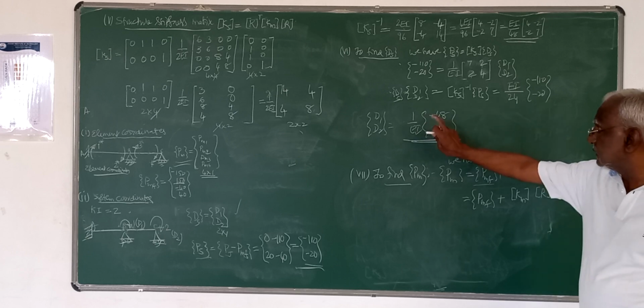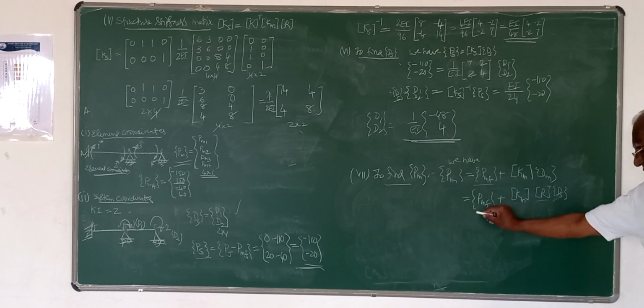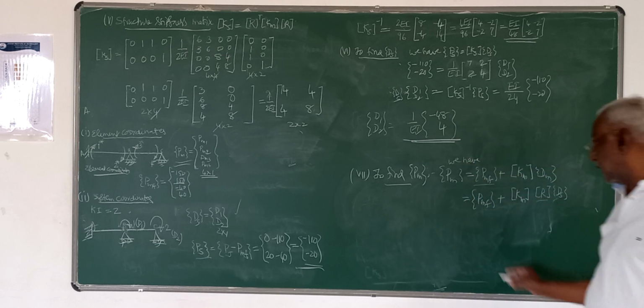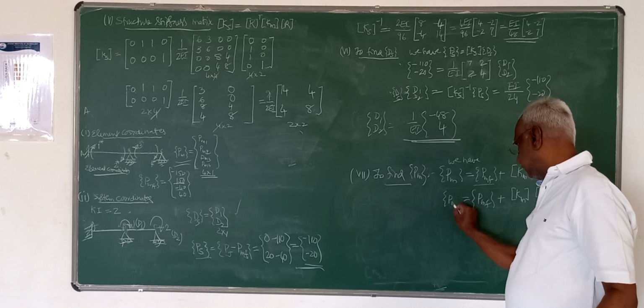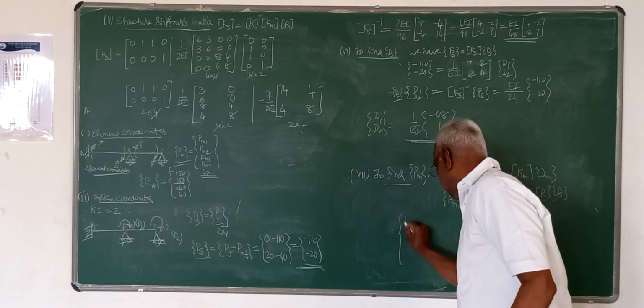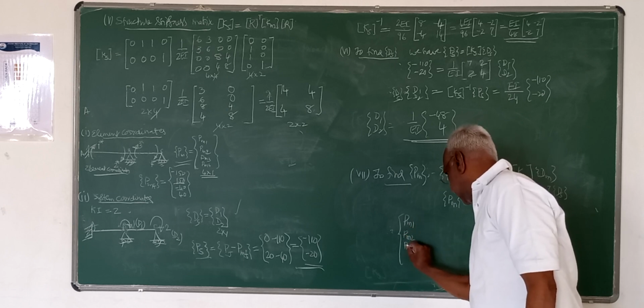This ds we have just determined. R is known, Km is also known, PMF is also known, so Pm we can determine. So therefore, this Pm is nothing but Pm1, Pm2, Pm3,